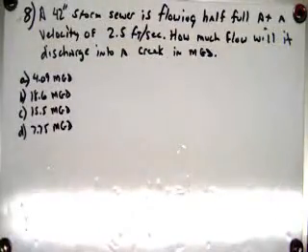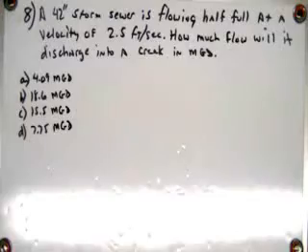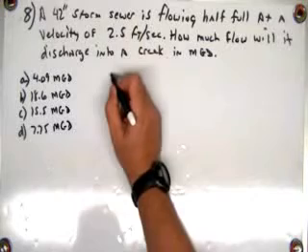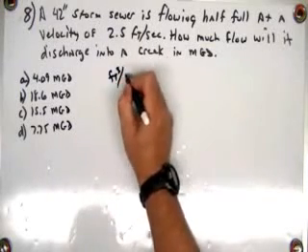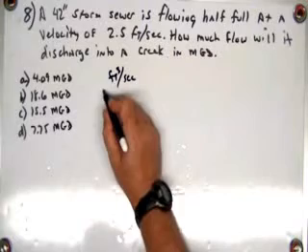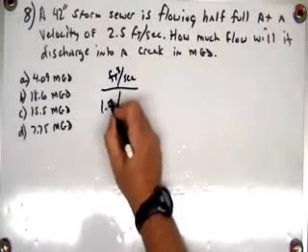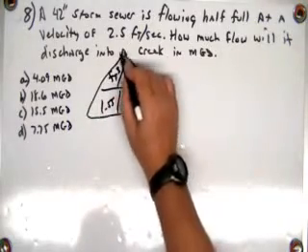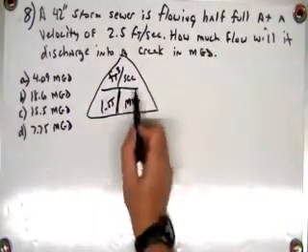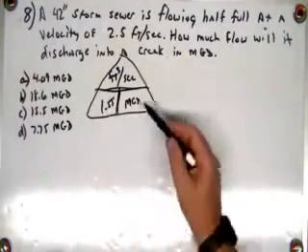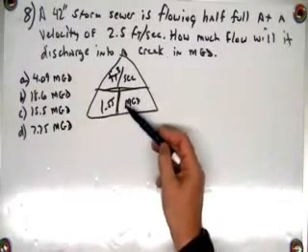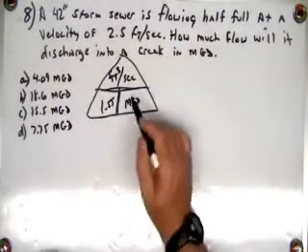First thing we're going to do is convert units to something useful. It's in million gallons per day, so we know we're going to need that formula: cubic feet per second equals 1.55 times MGD, and I'll throw that in a triangle. Okay. I don't have cubic feet per second, I don't have MGD, I have 1.55, so I need cubic feet per